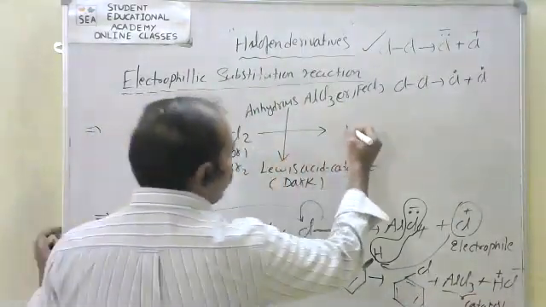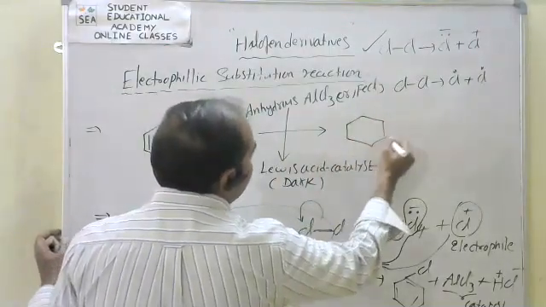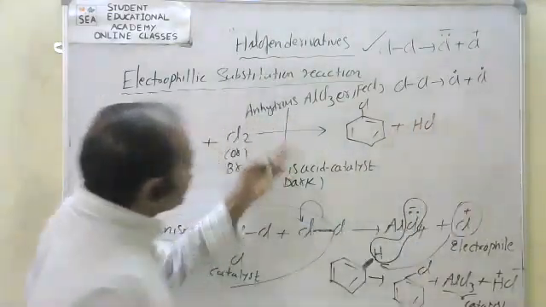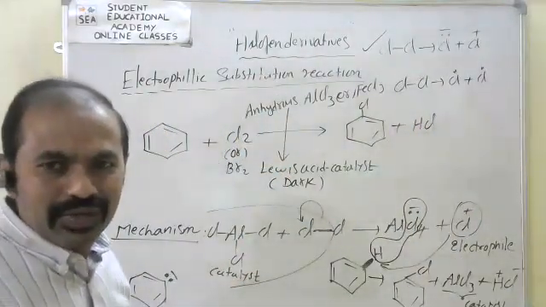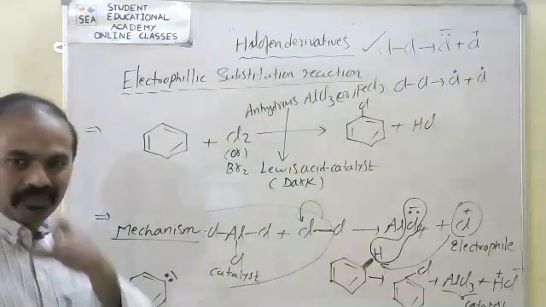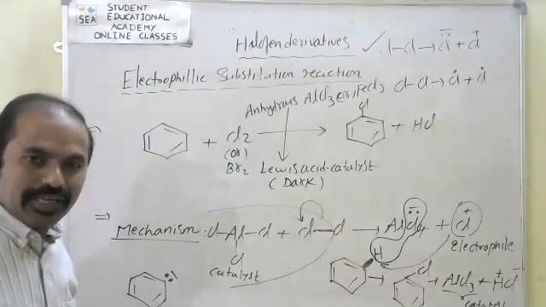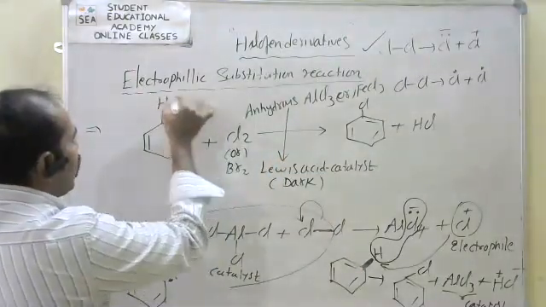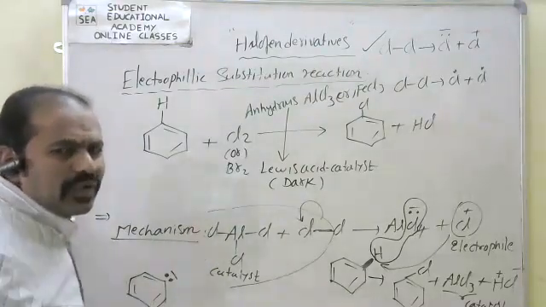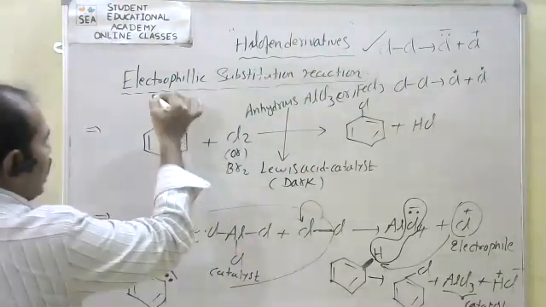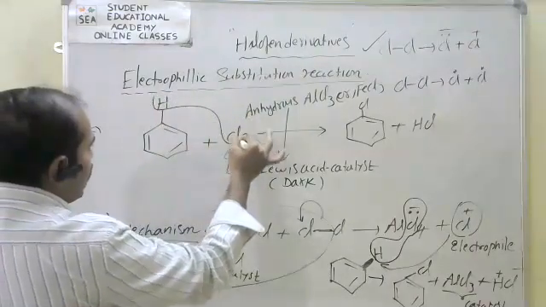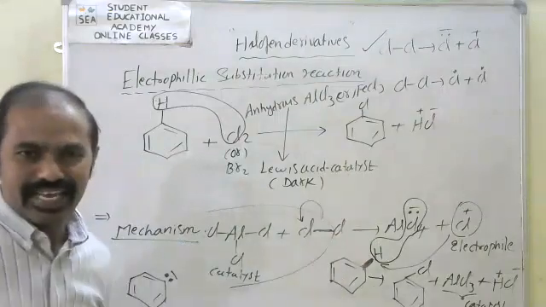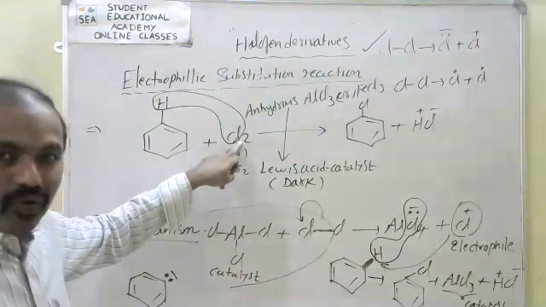Here simply we get chlorobenzene plus HCl. As it is, the catalyst is present. So this is the mechanism. Generally, from a descriptive point of view, we simply take one hydrogen of benzene, C6H6, where all places have hydrogens. Here one H plus combines with Cl minus and is replaced, and H plus and Cl minus means HCl. Remaining here is one more chlorine.